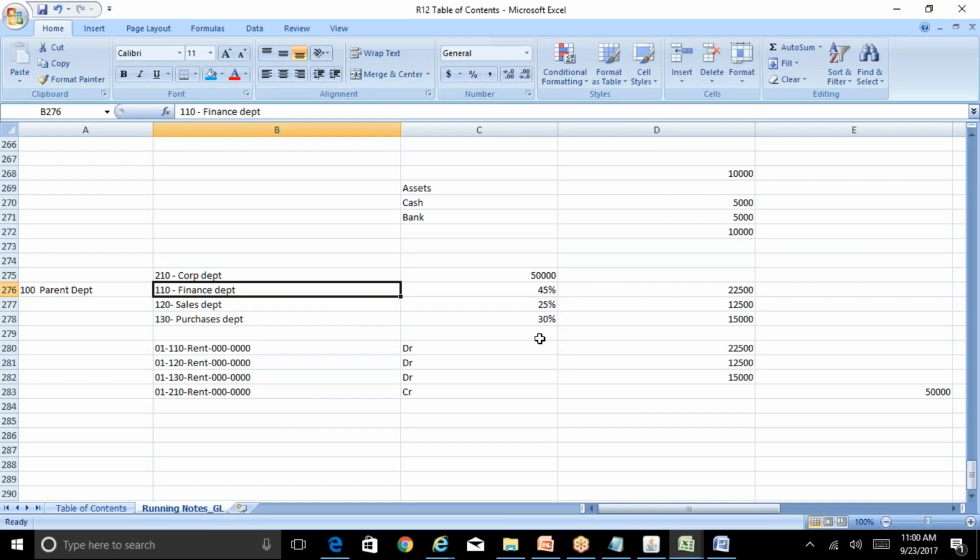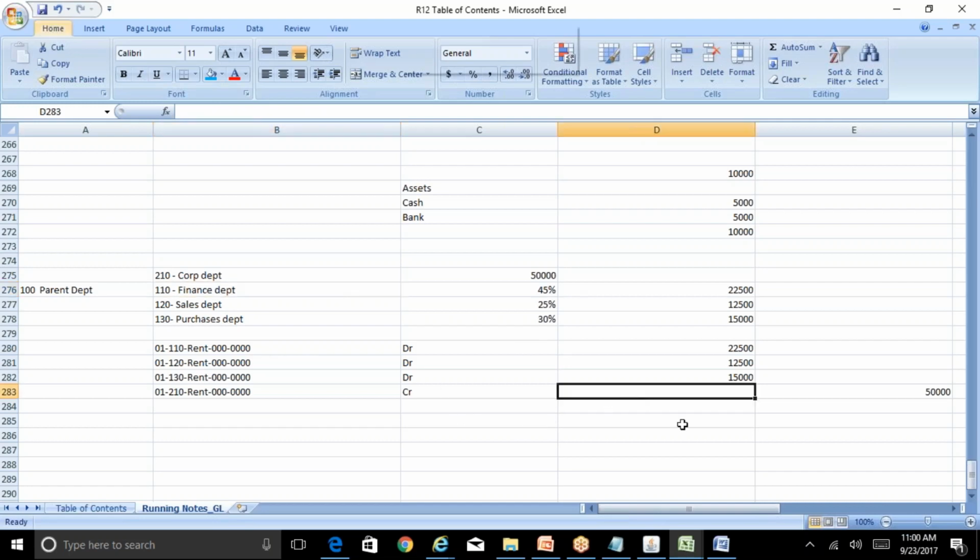So in September there could be only 3 departments. In October it could be say 4 departments, which is fine. So it all depends on the stat journal, whatever you have created. Based on that, system is going to calculate this journal. So in the next month, this journal could be something like